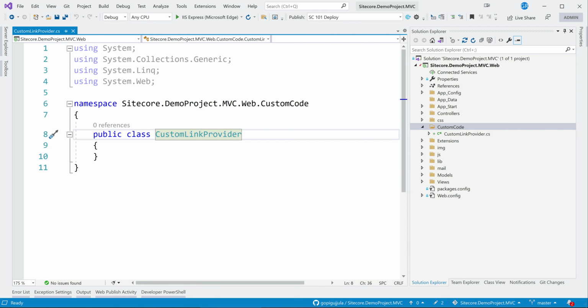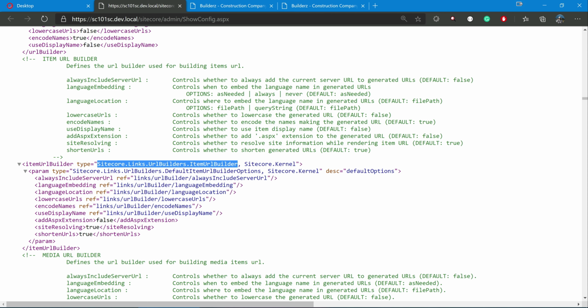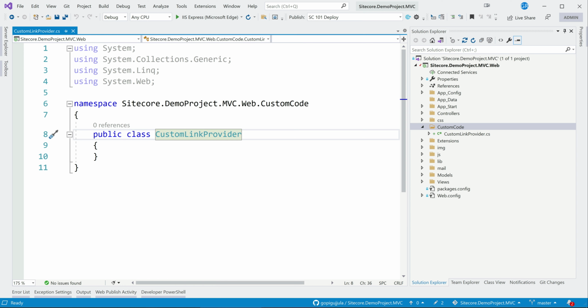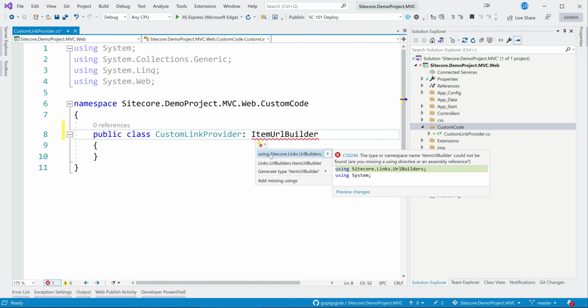As we need to override item URL builder here, let me just go to this. We need to override this item URL builder, so let's extend it. We don't want to override everything. Let's put in the cases where our use case comes up, and then we will use the custom code. If not, we will always use the base item URL builder. So I'm inheriting from item URL builder.